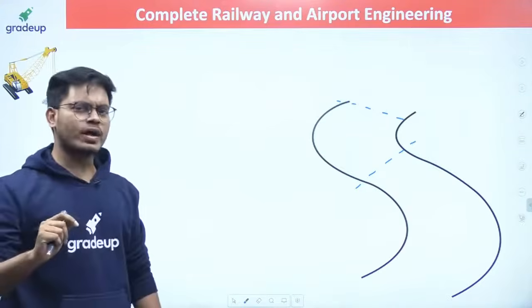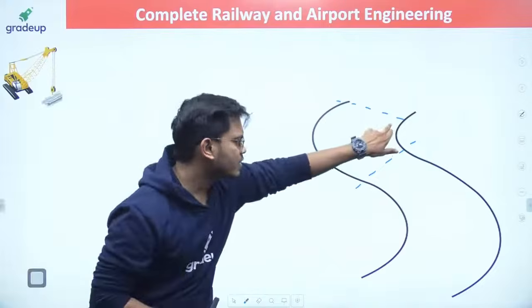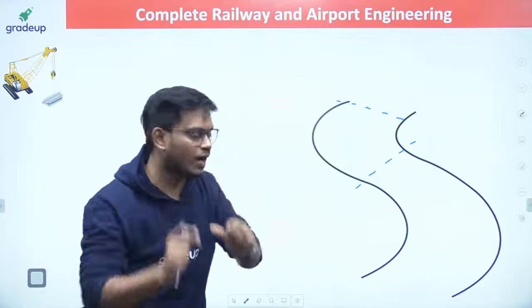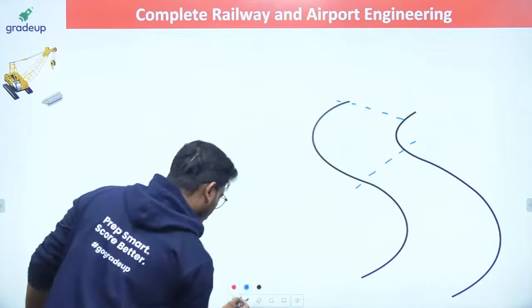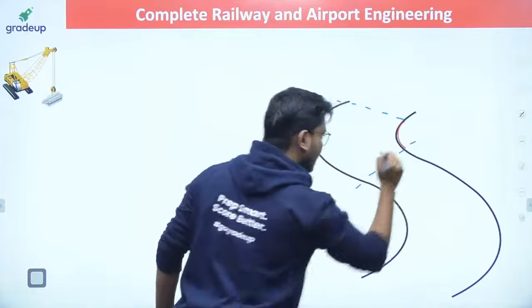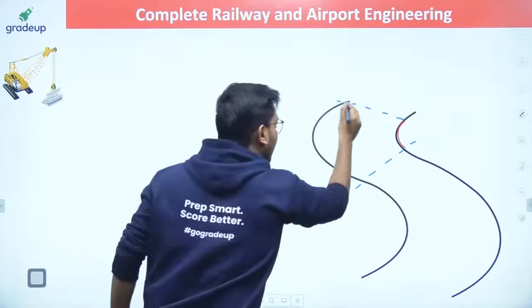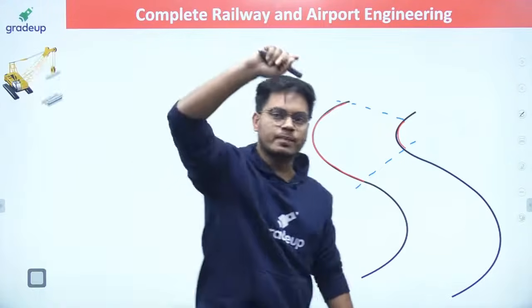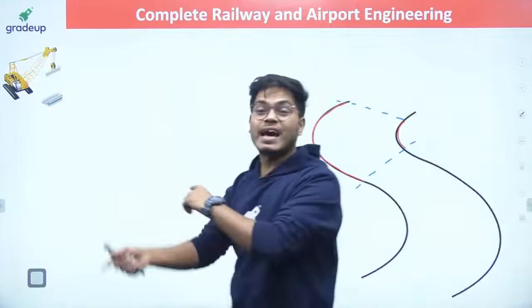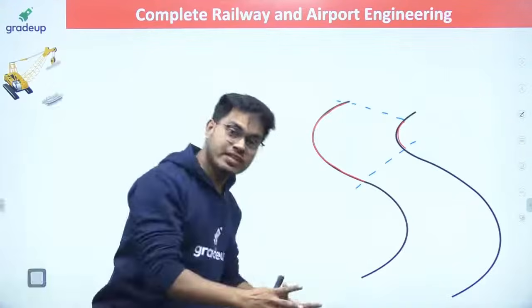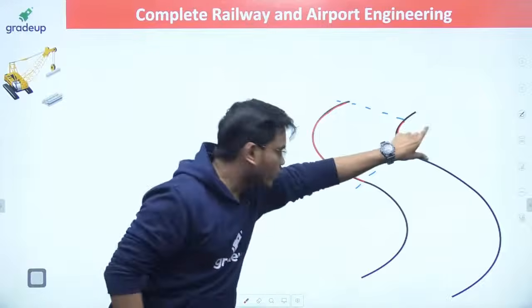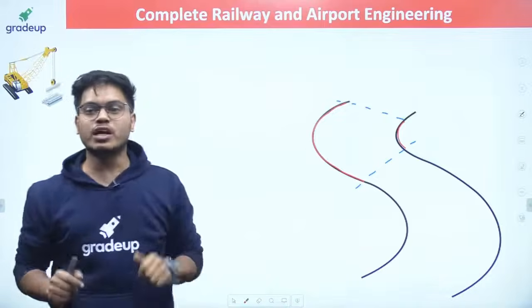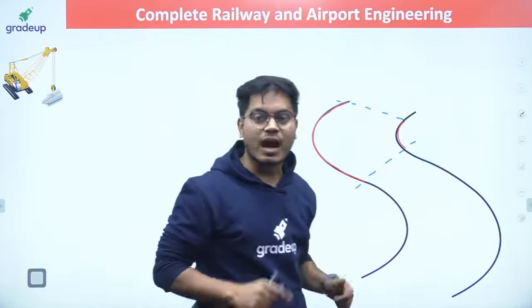Can you see this one thing, guys, that the inner tire of the rail of the train has to cover only this much distance, right? But the outer tire has to cover this much distance in the same time. How is this possible? How can I design my train, or my wheels, so that in the same time the inner tire covers a small distance and the outer tire covers more distance? How is that possible?